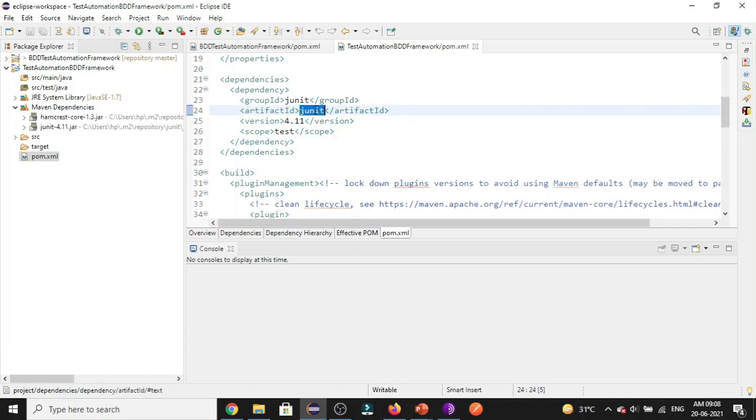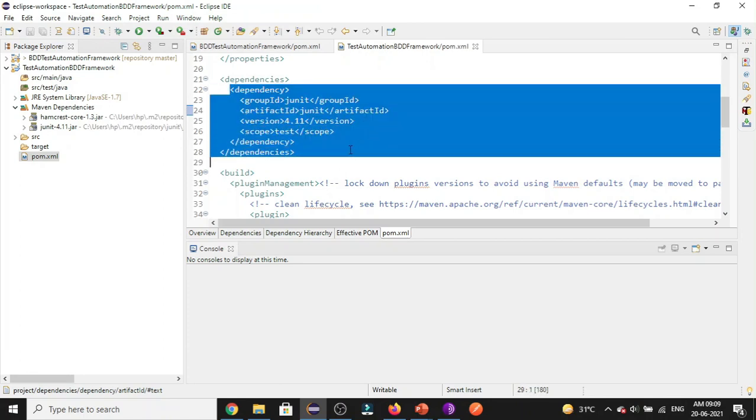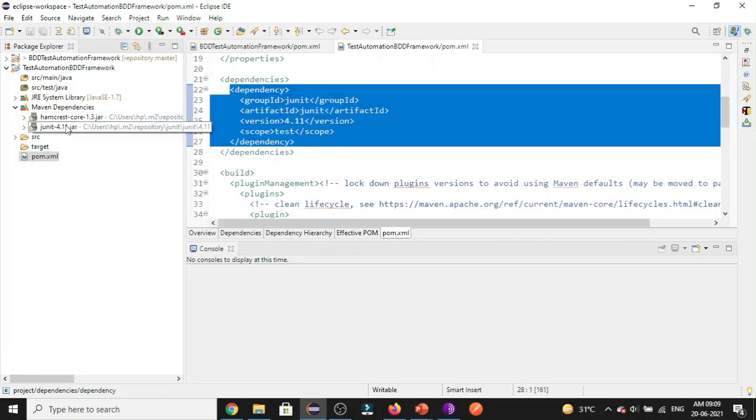By default, Maven provides us with the JUnit dependency. We have the JUnit dependency defined under this dependency tag, and the same JUnit jar is downloaded in this Maven dependencies library.